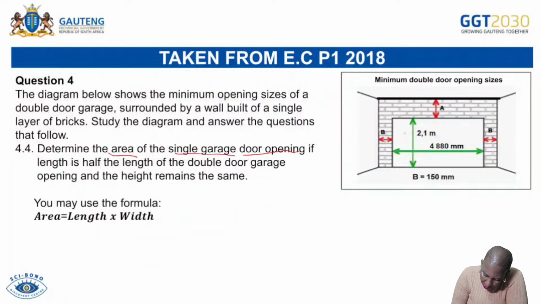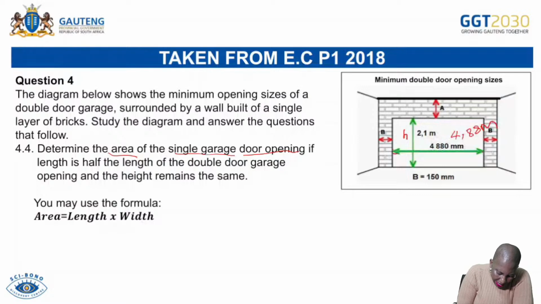It remains the same. This is our height. And then from here up until here, it is 4,888. Remember somewhere on the first one, we converted it into meters, and then our answer was